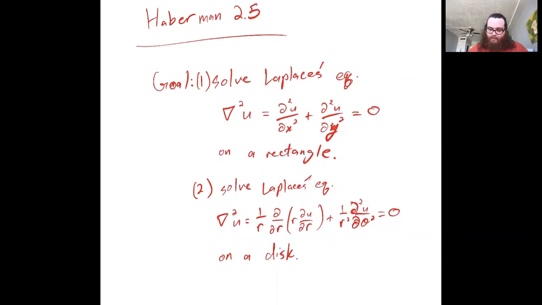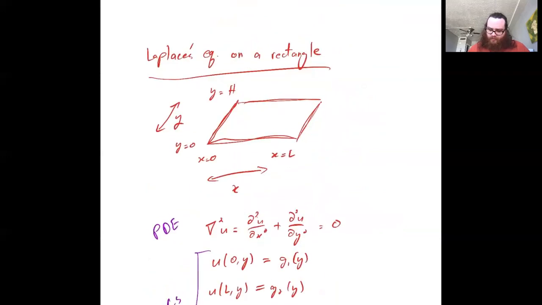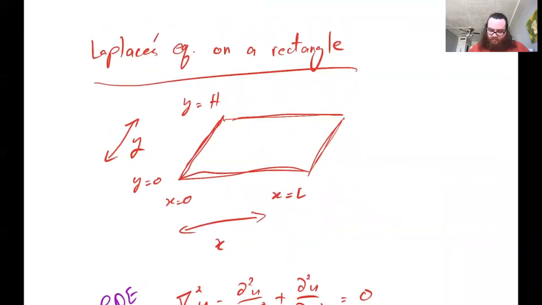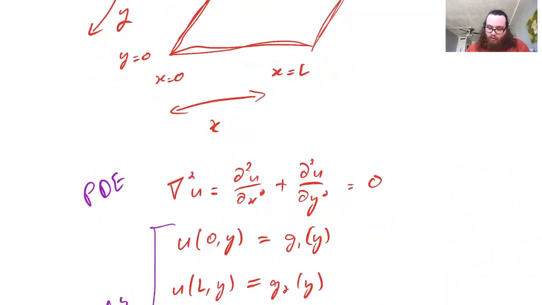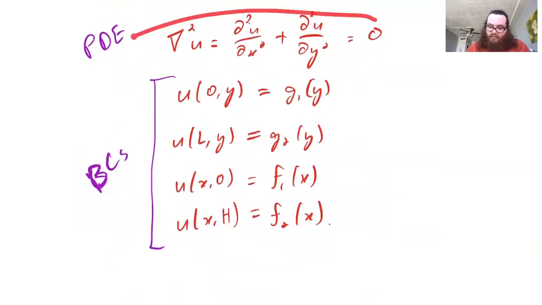Okay, so for the first part, what we're going to do is solve the heat equation on a rectangle. The geometry that we're going to work with is the following. Take the x-axis and y-axis, and we're going to work between x equals 0 up to x equals L, as well as y equals 0 up to y equals h. So our rectangle has a length and a height. This coordinate is x, this coordinate is y. And what we're interested in is the following PDE: nabla squared u is equal to 0,